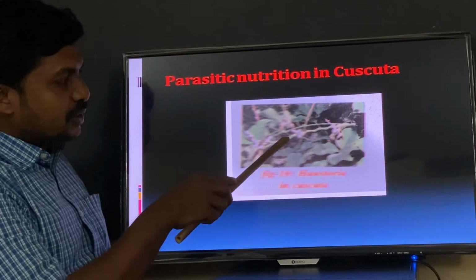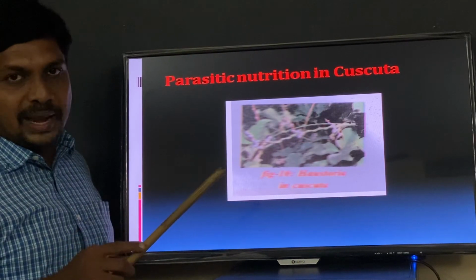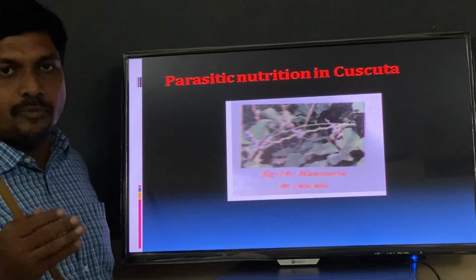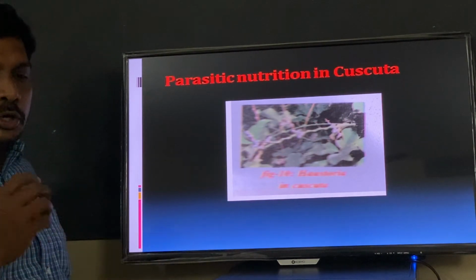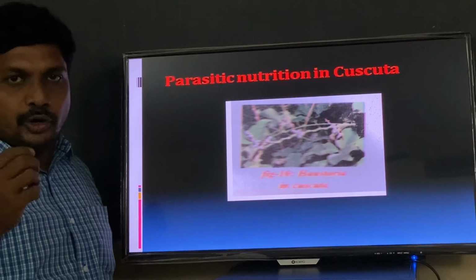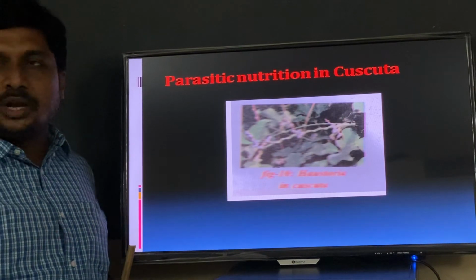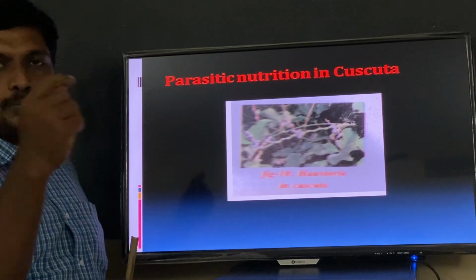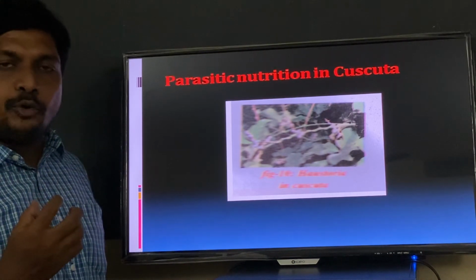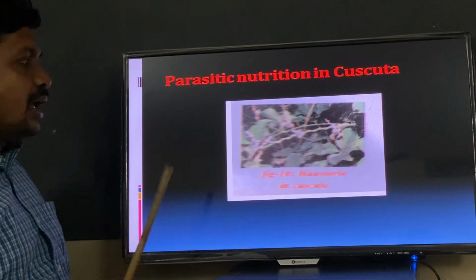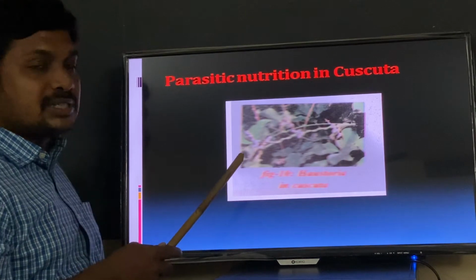Here, if you observe, a twining plant is seen. This is Cuscuta. It is a leafless plant, does not have chlorophyll, means it does not perform photosynthesis. So this plant depends on host plant, and they produce special structures called haustoria, root-like structures, into the host plant. They introduce root-like structures into the host plant and get water from xylem tissue of host plant and food from phloem tissue of host plant, and they produce flowers and they produce seeds also.